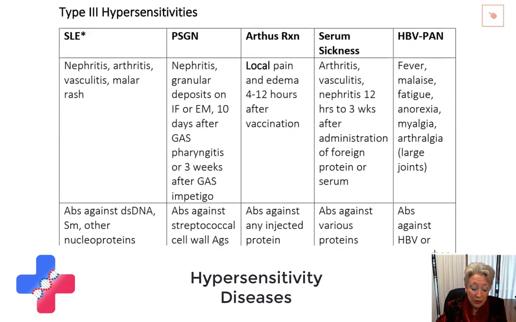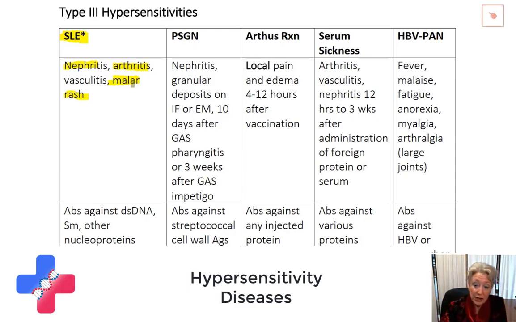The model example of a type 3 hypersensitivity, of course, is systemic lupus erythematosus. And as you know, anywhere I've got small diameter blood vessels, in the kidney, in the joints, in the skin, I'm going to see the injury to the blood vessels. And the most visible sign, of course, is that lupus rash, which is what gives the disease its name. The rash that is over the cheekbones and causes additional photosensitivity. Now, in this case,